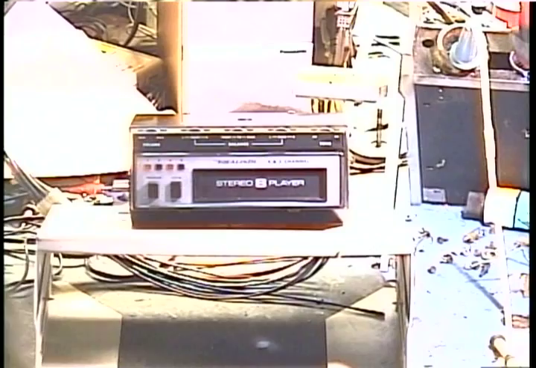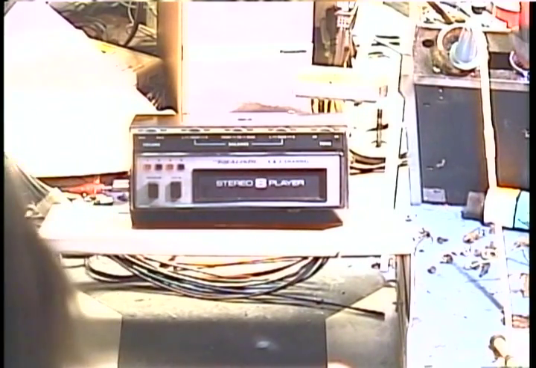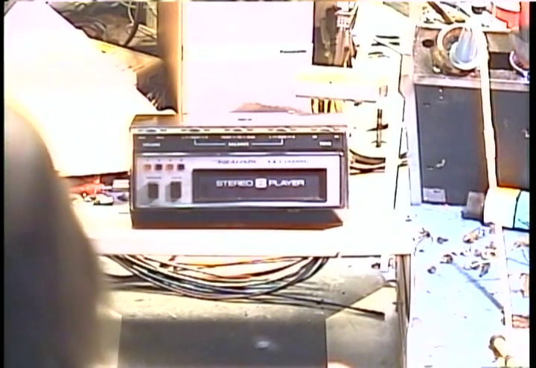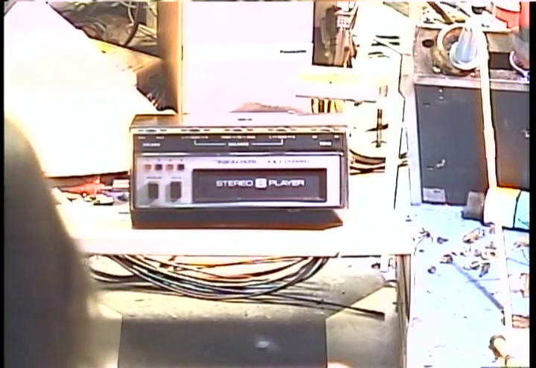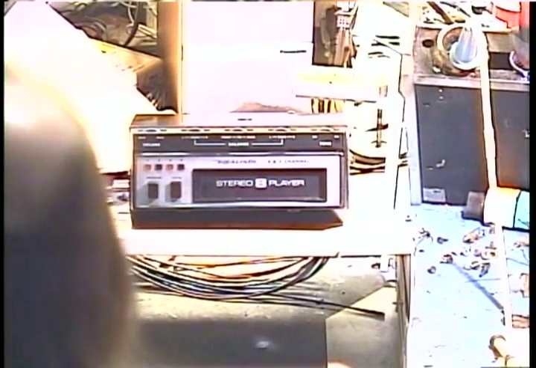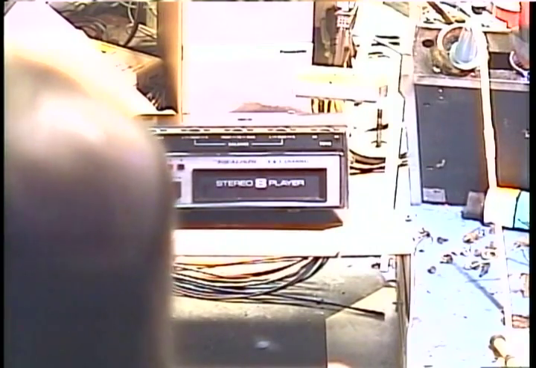It's really good stuff. A lot of Radio Shack gear was made by Shure, Crown, some of the biggest names in the business, and Radio Shack would contract them to build things. They put their name on it, and Radio Shack gets money, and they also get a good quality product.